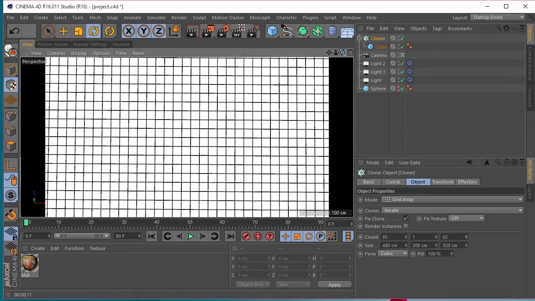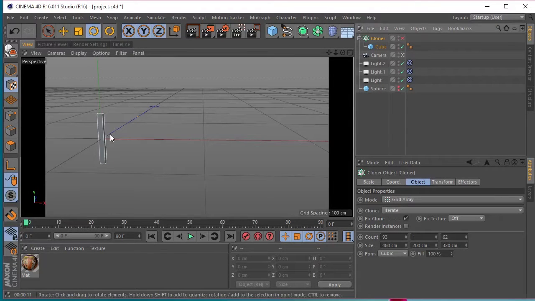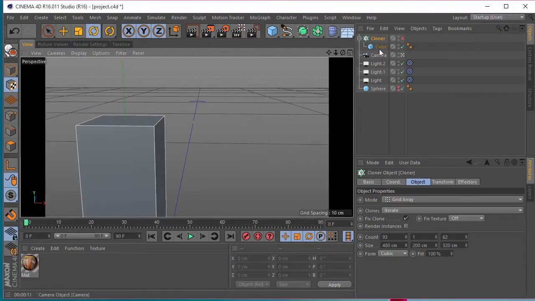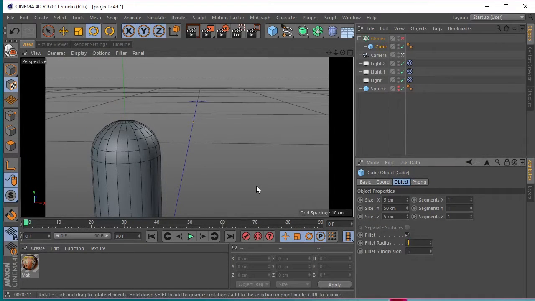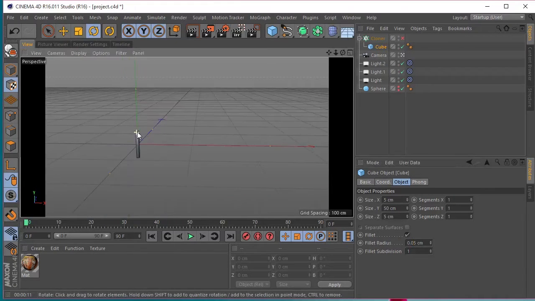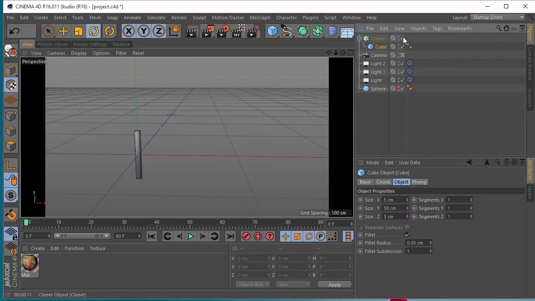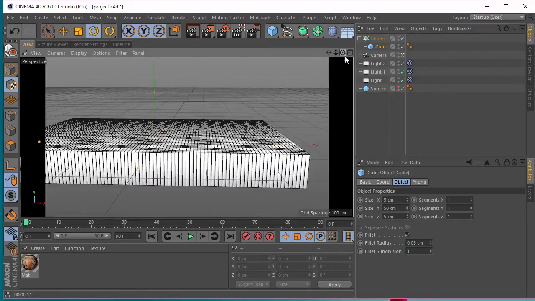Okay. The next thing now will be to, in fact, let me turn off the cloner so I can get in here a little better. On the cube, let's set the fillet there to 0.1, I suppose. I just want a tiny little cap there, or fillet, so that we can catch the reflections. So if we make this 0.05, yeah, barely even visible there. Now if I turn the cloner back on, zoom out again here,